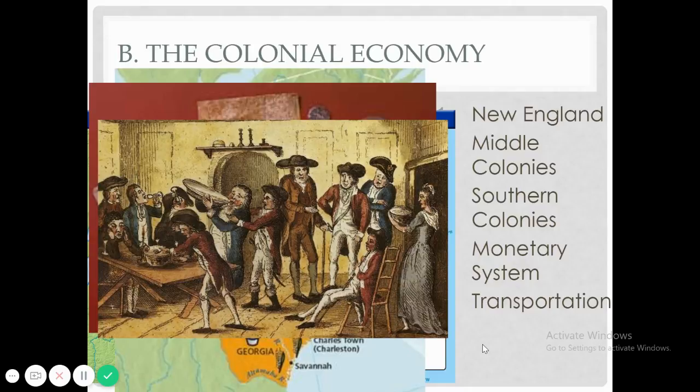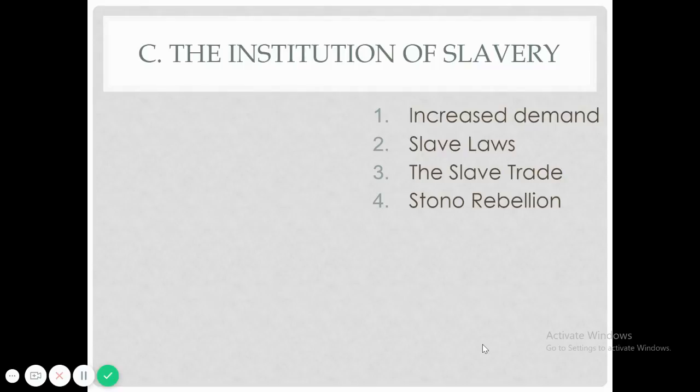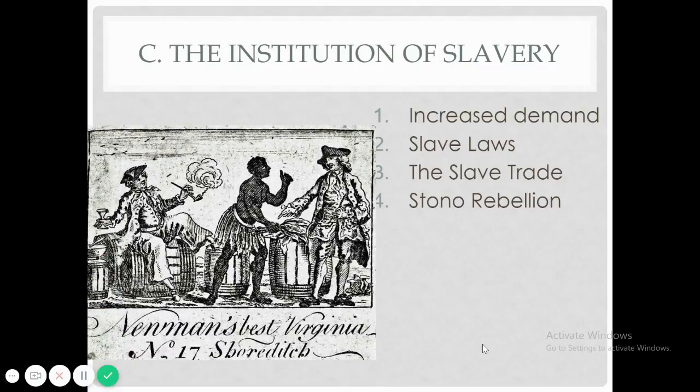Now we're back on track, and we will now talk about the horrid institution of slavery. In the midst of promoting mercantilistic goals, such as ensuring their supply of tobacco and sugar, slavery grew. By 1750, half of Virginia's population and 2/3 of South Carolina's population were enslaved. There was an increased demand for slaves, and there were three reasons really for this increase in demand.